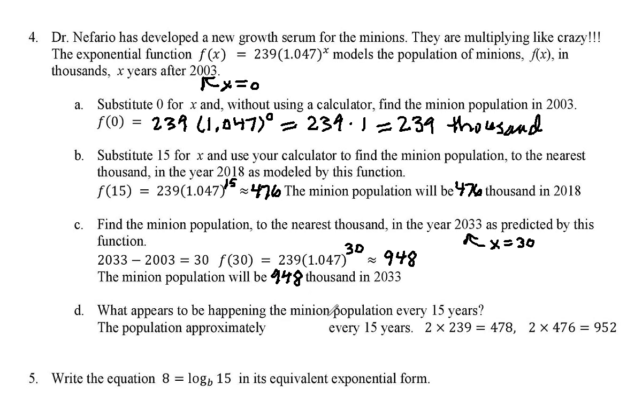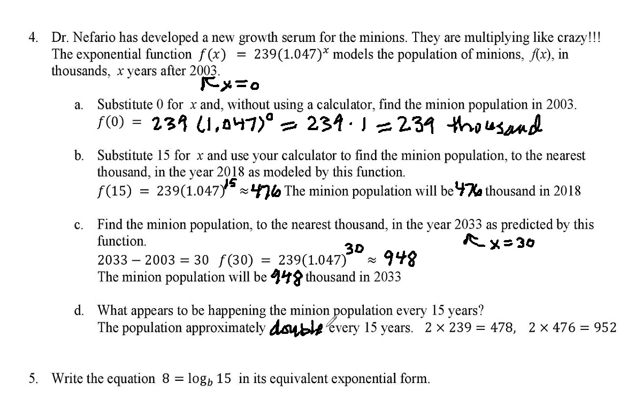What appears to be happening to our minion population every 15 years? So notice we started with 239, okay, and then it approximately doubled. Because like 2 times 239 is 478, and this is 476. And then notice 2 times 476 is 952. Here we're at 948, so it almost doubled again. So it looks like our population approximately doubles